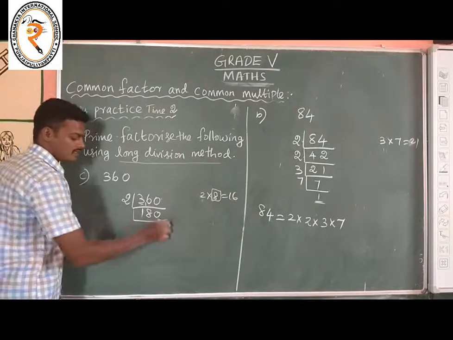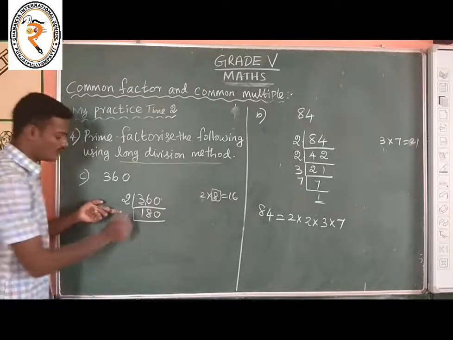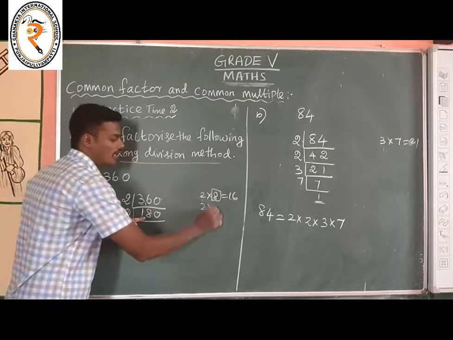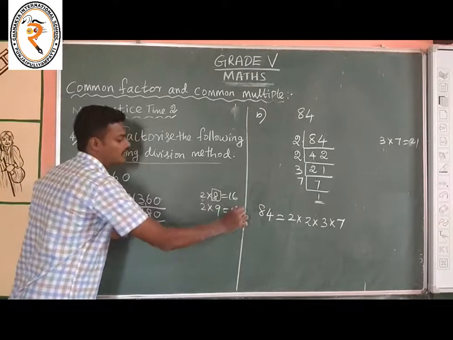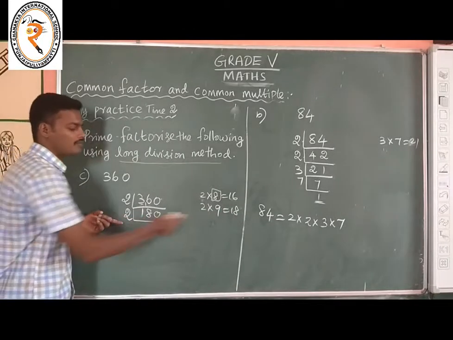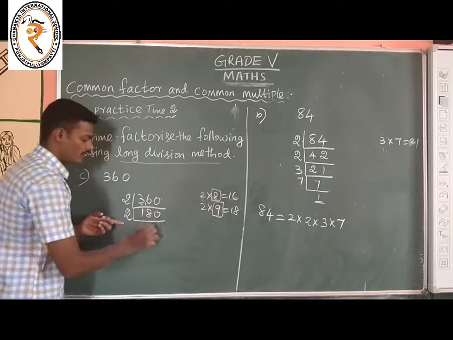180 is an even number. An even number comes in the second table. First 18: 2 nines are 18. So in the second table, 18 comes 9 times and the balance is 0, giving 90.